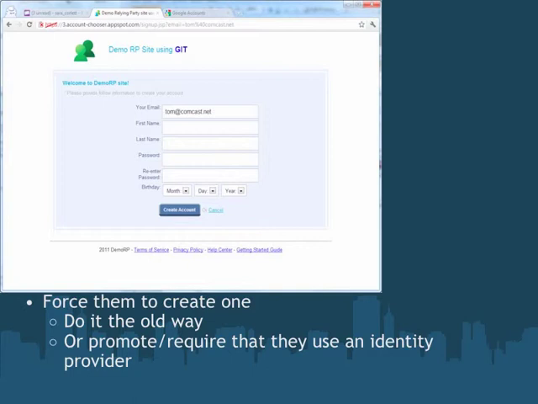So the website could deploy an account chooser with nothing to do with identifiers, or it could mix them, or it could use an account chooser and require all users to have an identity provider and just completely get out of the password management business. And certainly that's what we would suggest as the end goal for most sites.